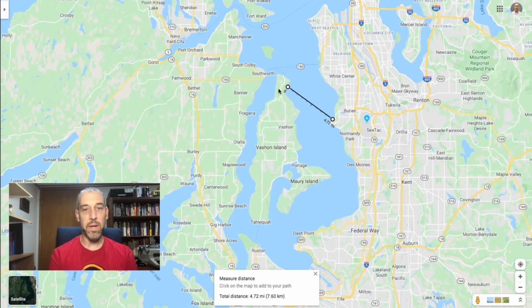what the distance is between the island and the mainland here near Seattle. And you can see that that's 4.72 miles. It also shows it in kilometers if you're from an area that's more familiar with the metric system. Now, if I want to add in another point, all I have to do is left-click somewhere. Let's say you wanted to know the distance between the island over to the mainland and back over to this